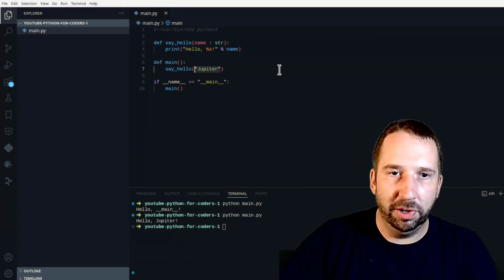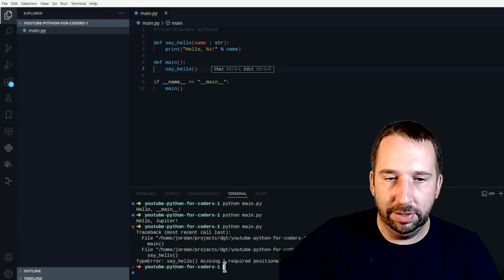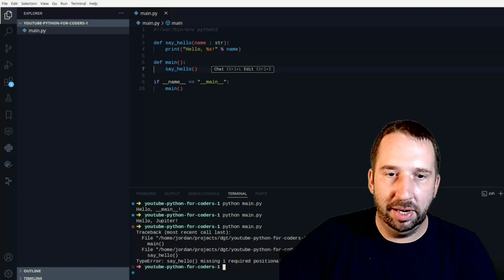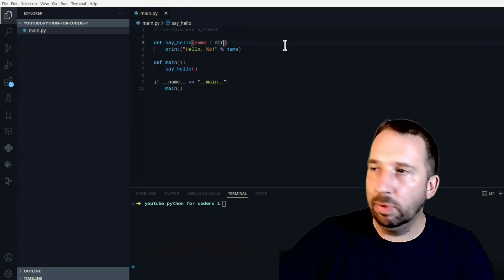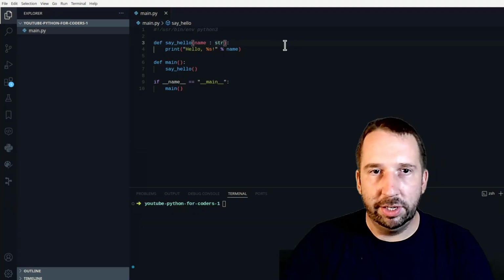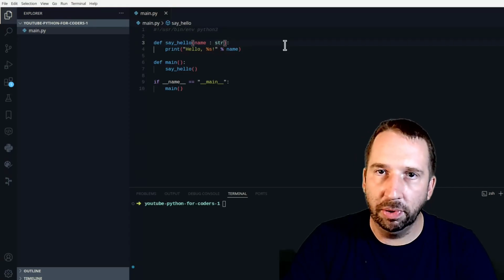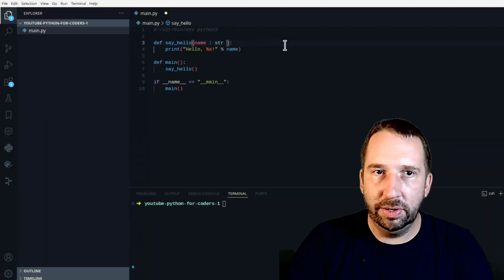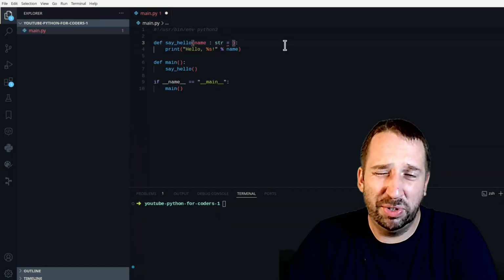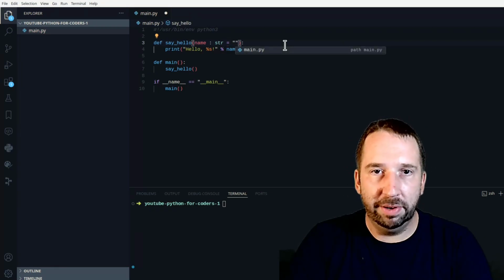If we eliminated Jupiter, then we'd get an error. Python tells you that it requires one positional argument, name, which we did not include. And so we either need to include it or we need to make this argument optional. To make the argument optional, we do it similar to what you would do in Golang or in JavaScript or TypeScript. We do an equal sign, kind of a pseudo assignment, and then we add a default argument